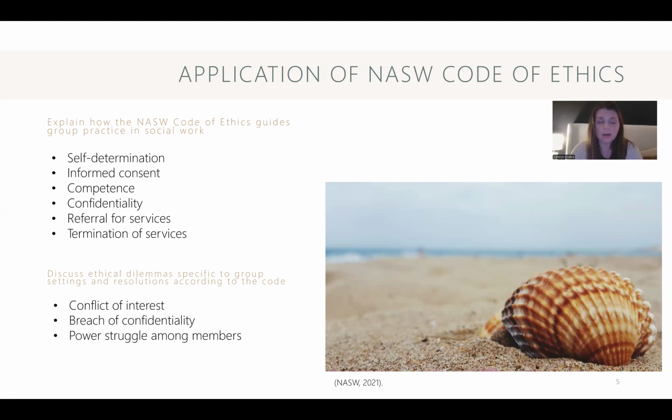If the issues are to continue or worsen, social workers are expected to seek out supervision or to consult their colleagues to come up with a plan or a resolution to make a course of action to ensure that ethical dilemmas are being addressed and that we are being as ethical as possible within the group while maintaining the respect of the group members.